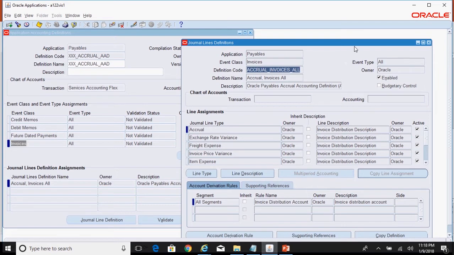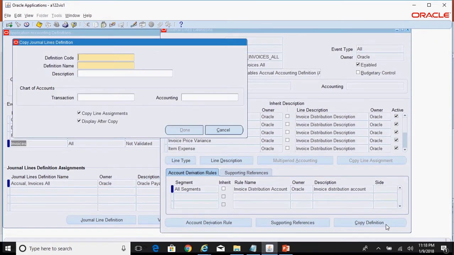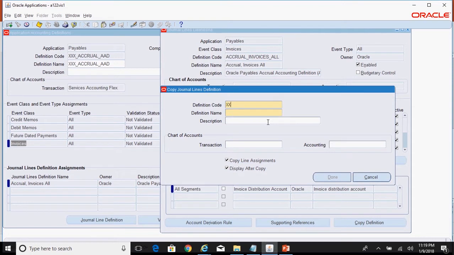So again we'll try to copy this. Click on copy definition. Here we are trying to copy the general line definition. Create your own version, which is xxx underscore accrual invoices underscore all underscore JLD. I want to use the same for definition name.